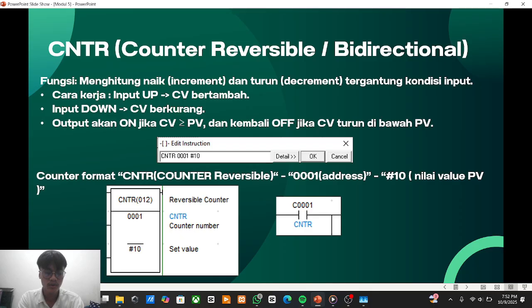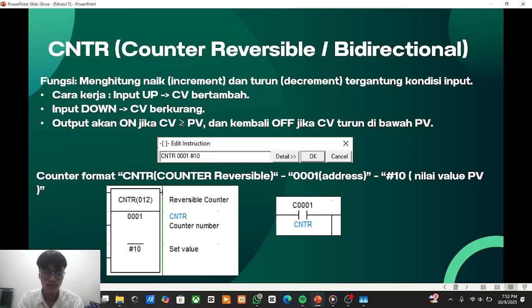When the down input receives pulses, the count decreases. The counter output will turn on once the count reaches or exceeds the preset value PV, and it will automatically turn off if the count drops below that value again.